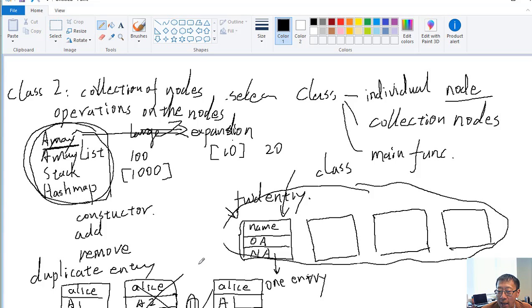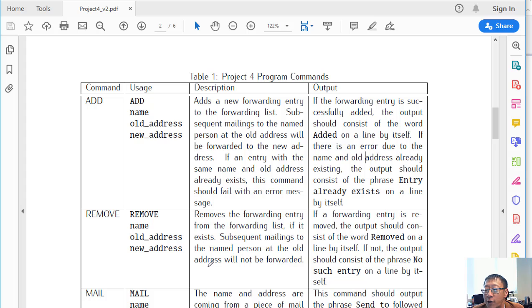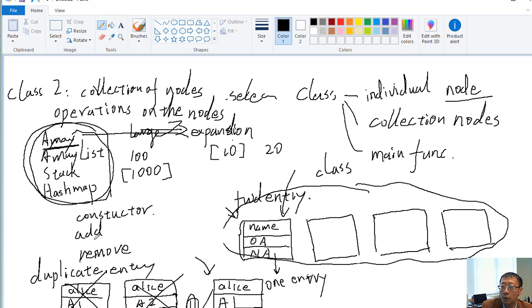If you want to add this into the collection, you need to first remove this one and then add this one. I'm just talking about how you should do that in real life. But in this specific project, if you find out that it's already there, just say, sorry, I cannot add it. Okay. So if we generalize this a little bit,